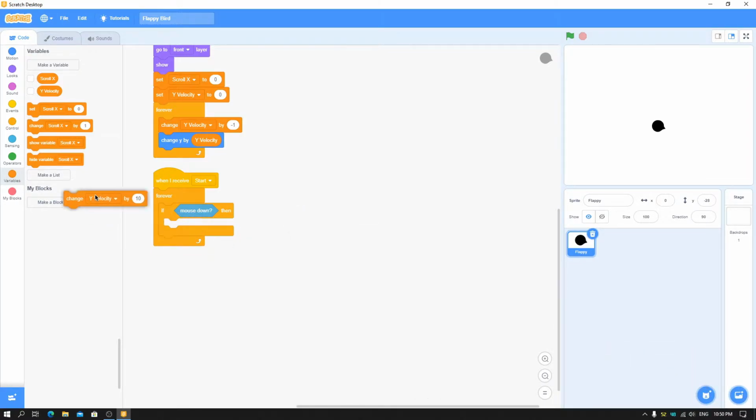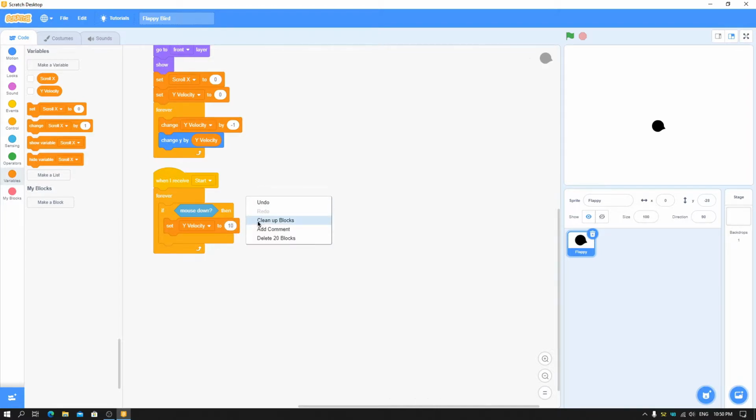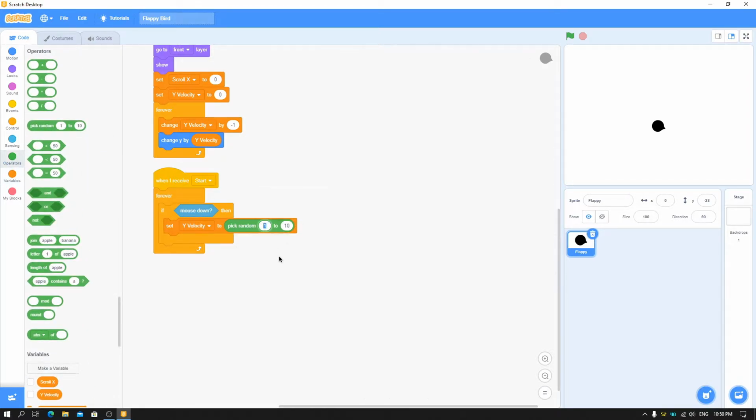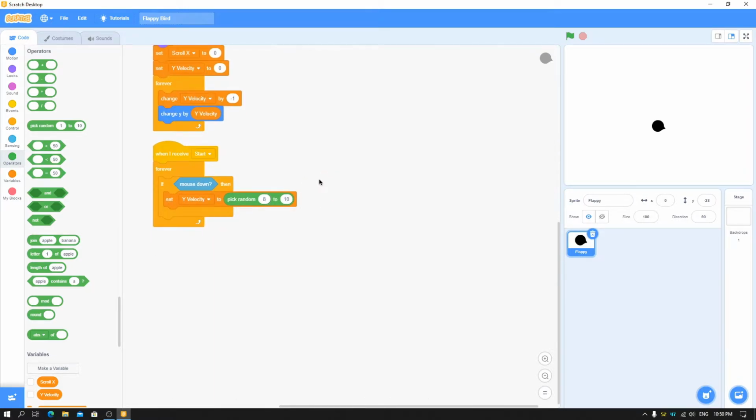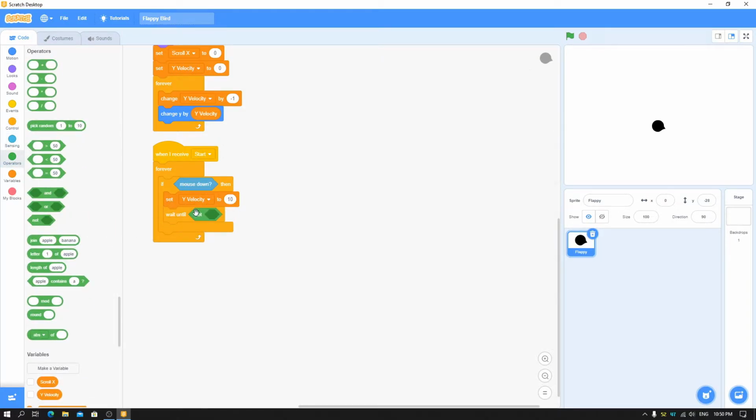That would be good, or just set it instead, so if it is at negative values, it will just bring it up. You can randomize this, like 8 to 10, a higher jump or lower jump, or you can just set it to 10. I am setting it to 10. Now it will do this, and it will keep on doing that if the mouse is down. So put here wait until not mouse down, so it will wait until the mouse is released,